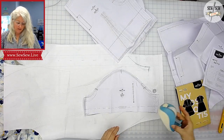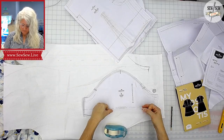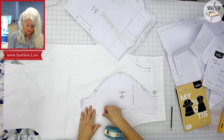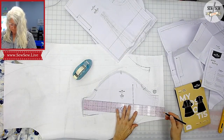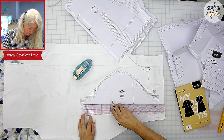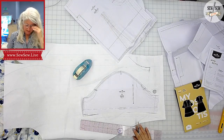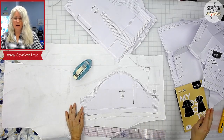All right, so let's add this hem real quick. I'm just going to use removable tape because I don't actually need a hem on here today. So you need to tape a piece of paper to the bottom here. And then say you want to add a 3/4 inch hem, you're going to add a 3/4 inch parallel hem to the bottom here. I'm going to tell you why I say there's no hem allowance. Okay, so the easiest way to get around this,